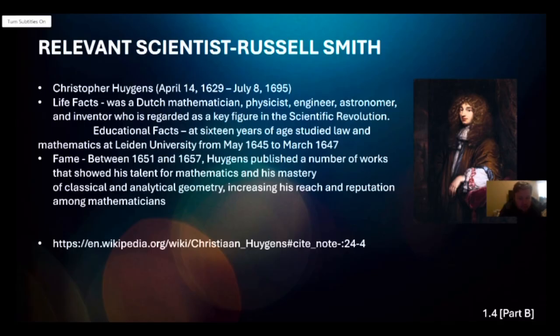Between 1651 and 1657, Huygens published a number of works that showed his talent for mathematics and his mastery of classical and analytical geometry, increasing his reach